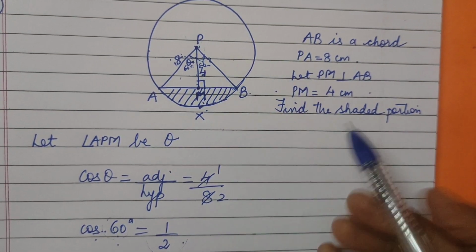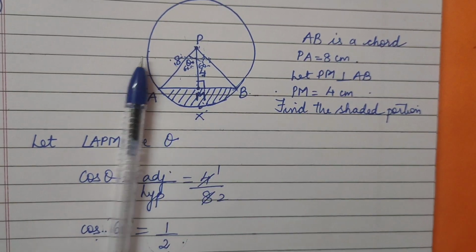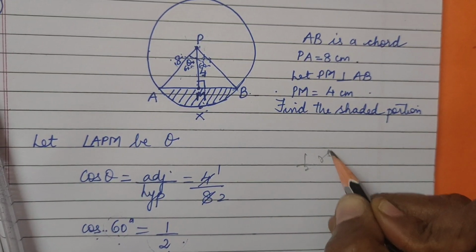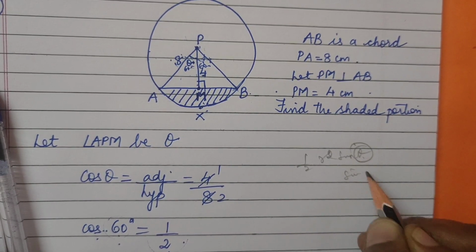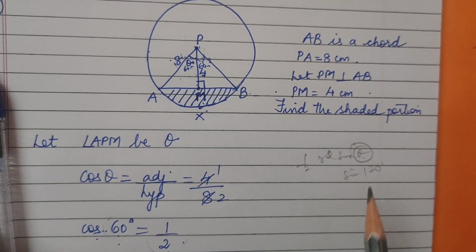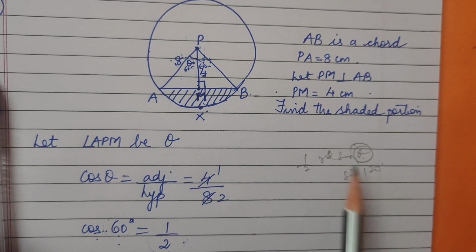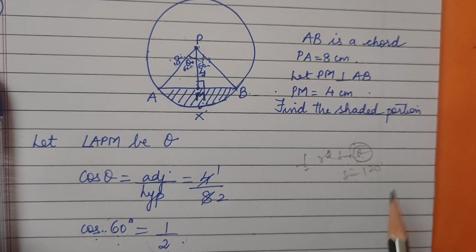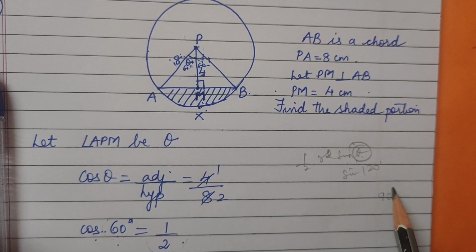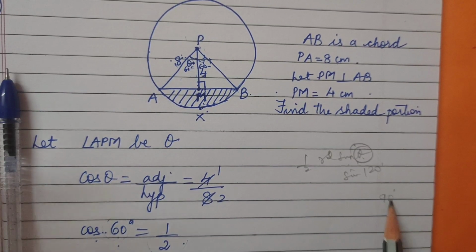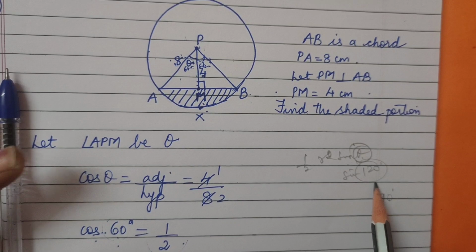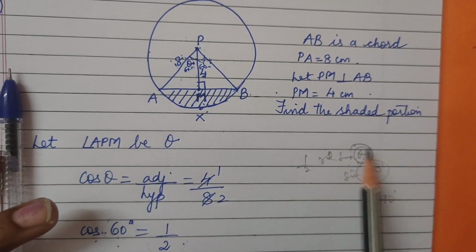But here theta is, what do you know, my dear? We have learned the formula half r square sine theta. But here theta is 120 degrees. The formula which we have learned is for an acute angle, that means it should not be more than 90 degrees. Okay dear, till 90 degrees you can use it. If it is 120 degrees, then we cannot apply this formula.